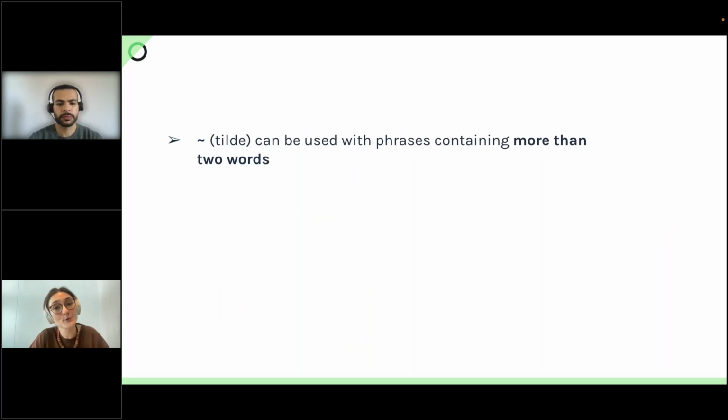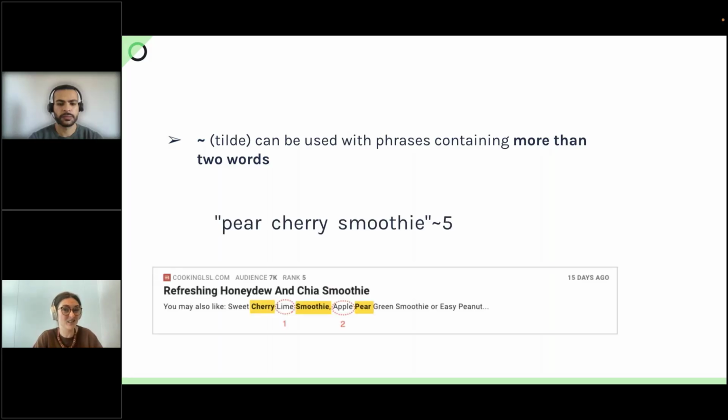I can also use it with more than 2 words. Here I have 3 words with a distance of up to 5. So if I'm looking for smoothies and I want to have pears and cherries in my smoothie, I will collect this recipe because I have 2 words in between.